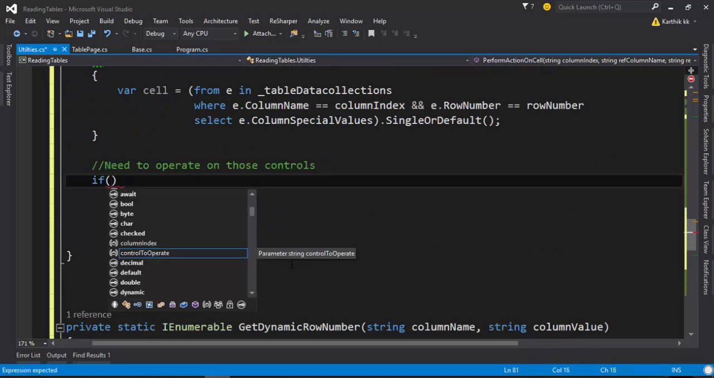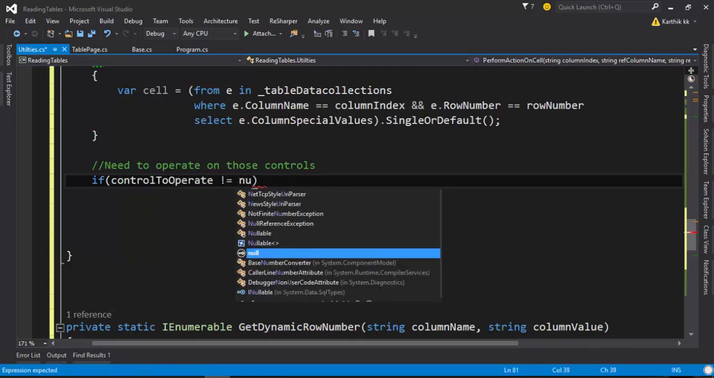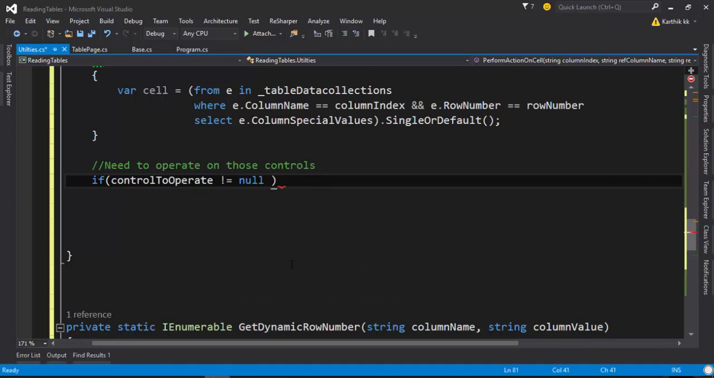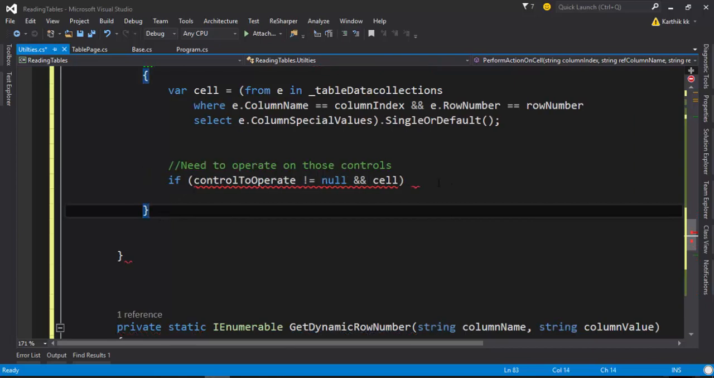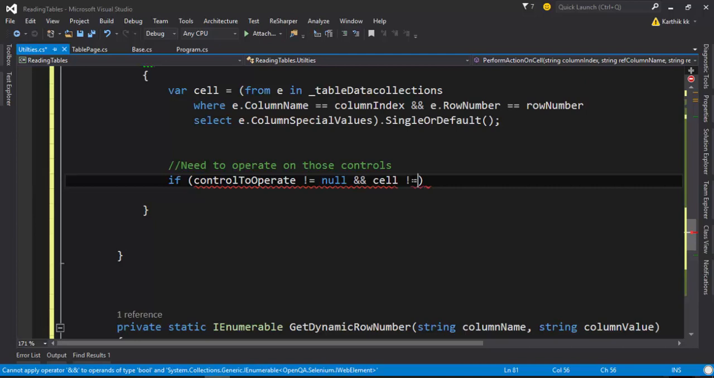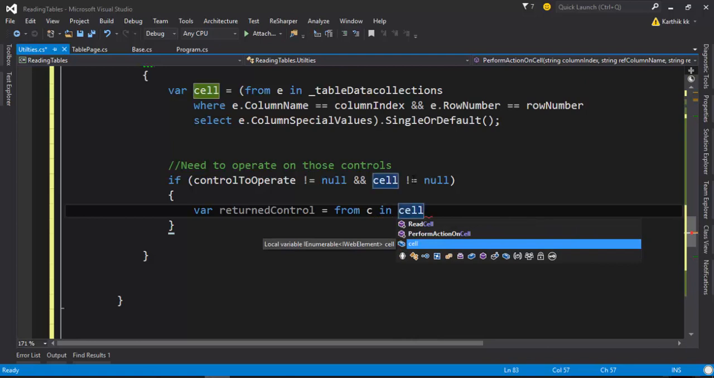So let's do this. If the control to operate is not equal to null, because you can also pass a null value there, and the cell is not equal to, oops, did I close this for loop? I'm sorry. Okay, and if the cell is not equal to null, then you write one more, don't mistake me, but we have to do it this way. One more, maybe return control should be good. Yeah, one more lambda expression from C in cells where